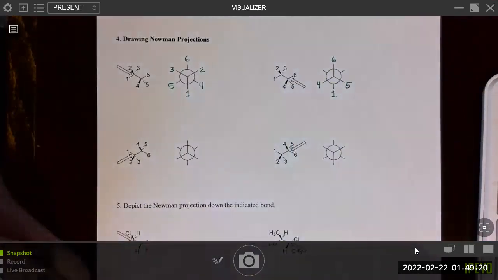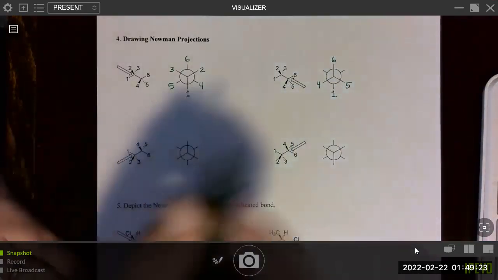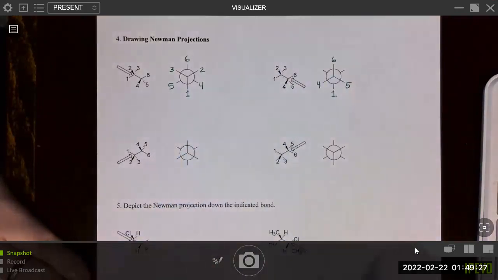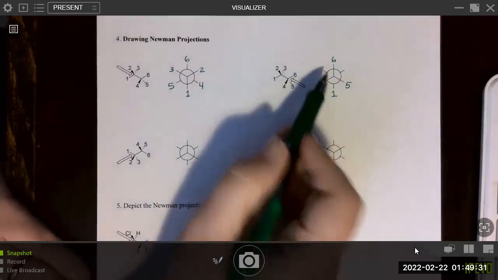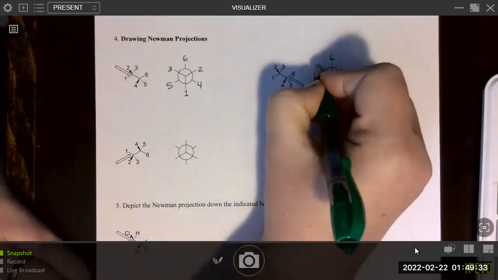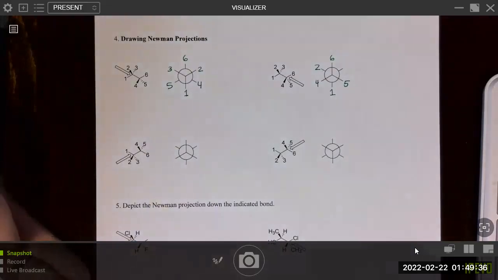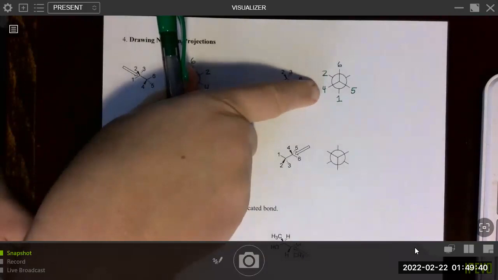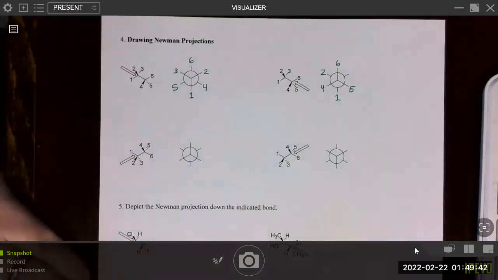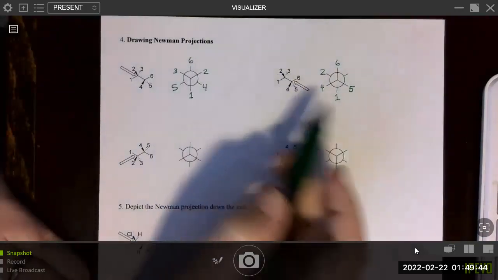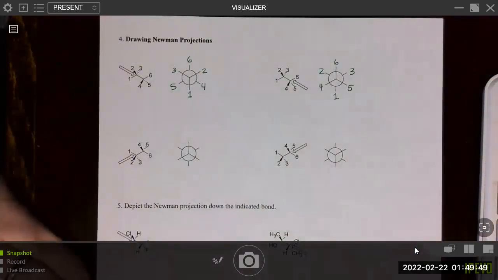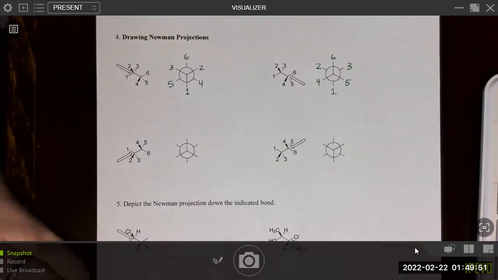And you can think of it as like both 2 and 4 are on the same side, right? Because they're both on a wedge, they're both sort of to the left. So that should be on the same side. So 2 should be on the same side as 4. That could be one thing that also helps you notice those are on the same side, so they should be on the same side on the Newman projection as well. And then 3 and 5 are on the same side. So that might be something that could help you if you're struggling with this.